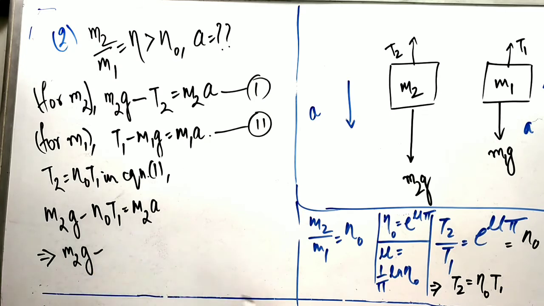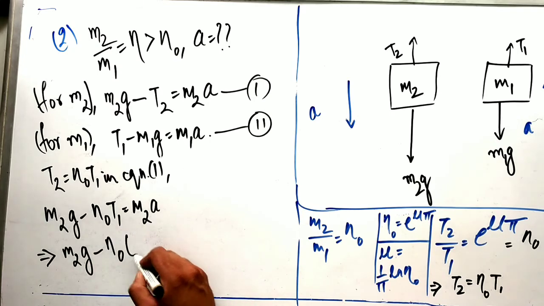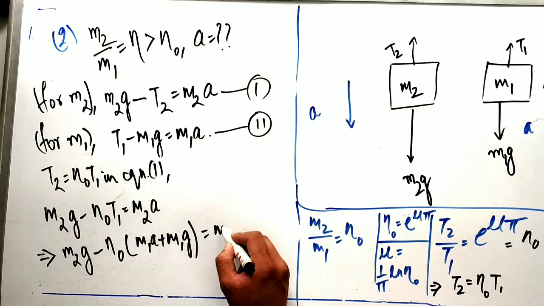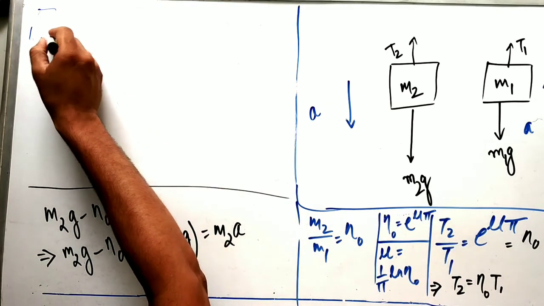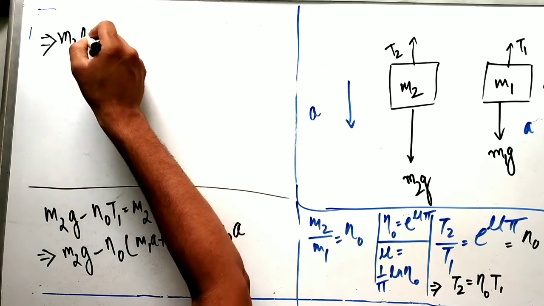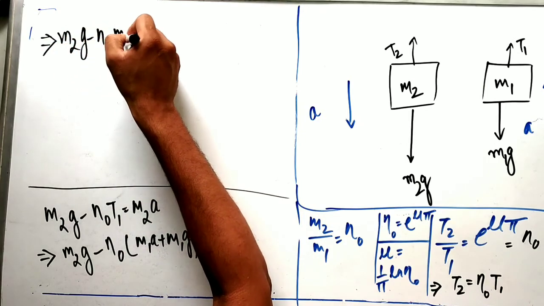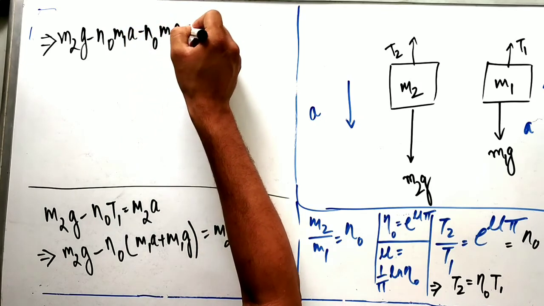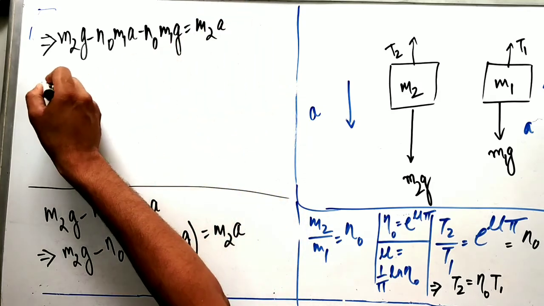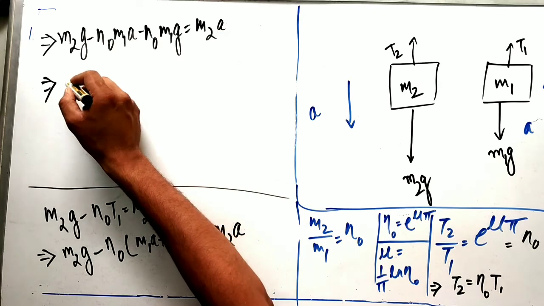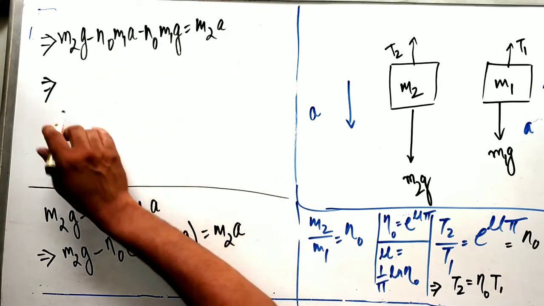So M2g minus eta naught times M1a plus M1g equals M2a. This gives us M2g minus eta naught M1a minus eta naught M1g is equal to M2a. We'll take the terms with a on one side and we will arrive at